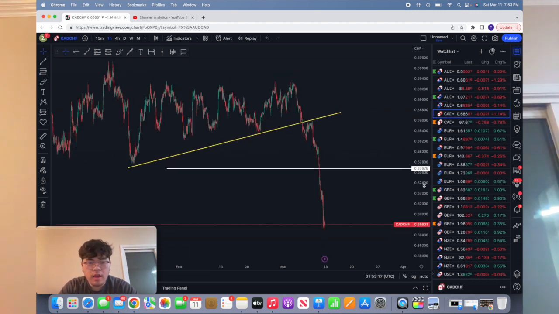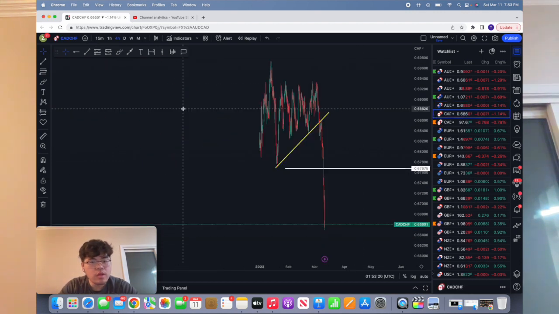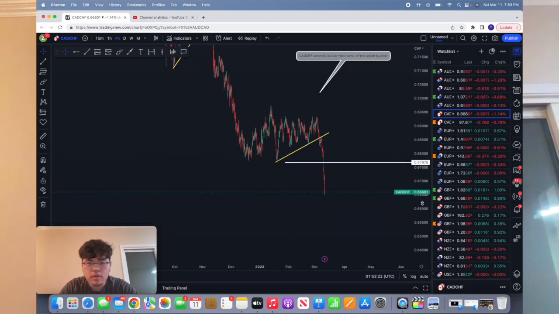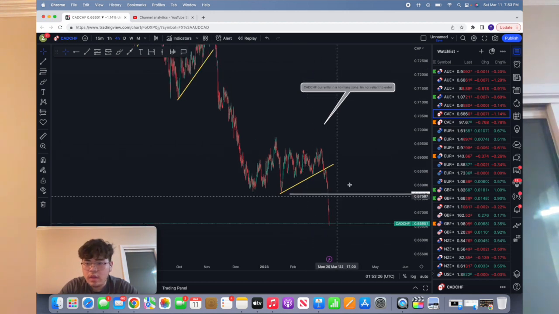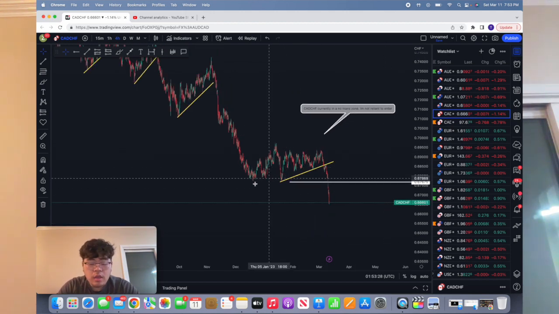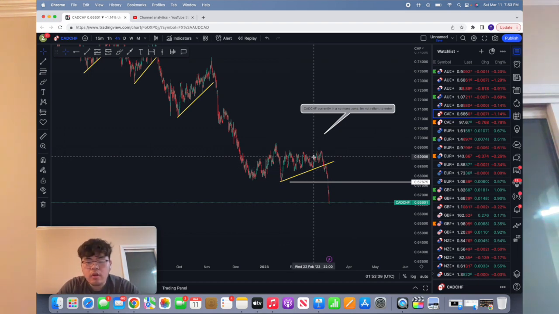I do like that. CAD Swiss, last week we did predict that it was going to come to the downside. We just don't know when it's going to drop. These are the structures that we usually read. And you can go back to the videos and see what we called out, right? We just don't know how to enter these. In any scenario, it could have gone to the upside. It's just that